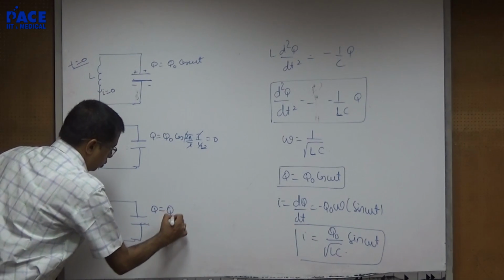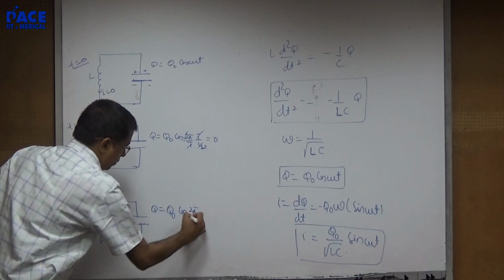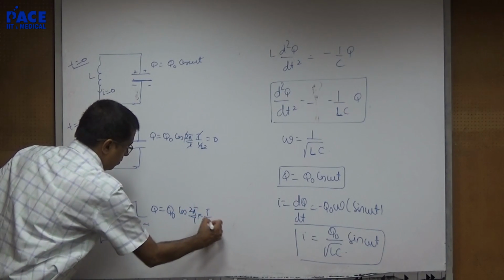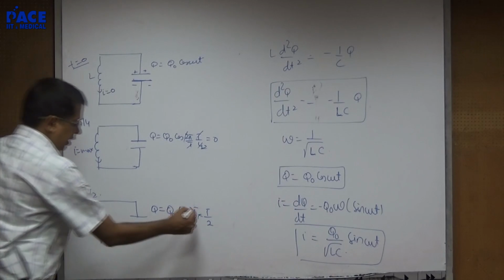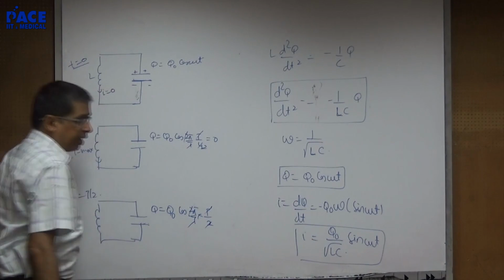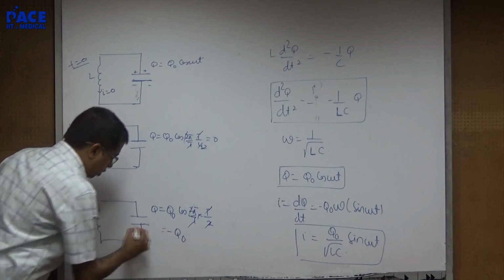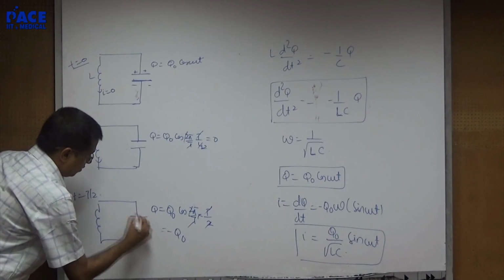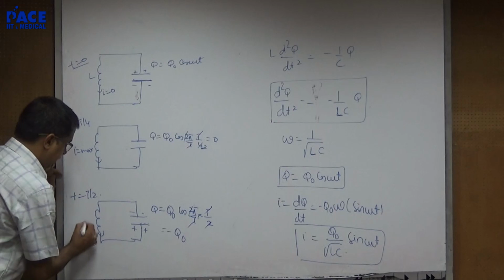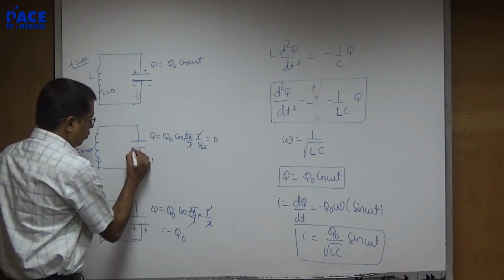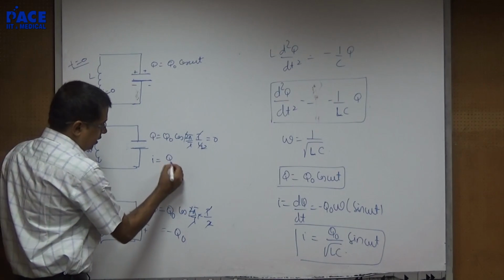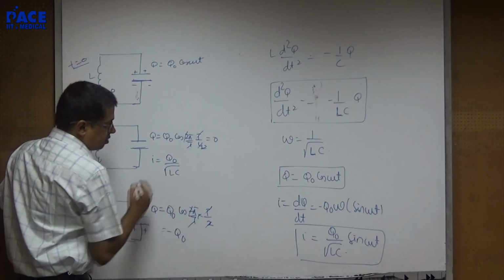Q is equal to Q naught cos 2 pi by t into t by 2. Am I right? Now cos pi is minus 1, this will be minus Q naught. This will be now positive, this will be negative. Current will be 0. By the way, you want to calculate the current, it is Q naught by root LC